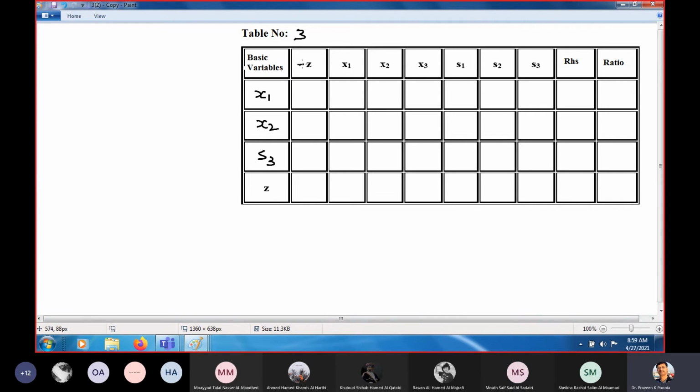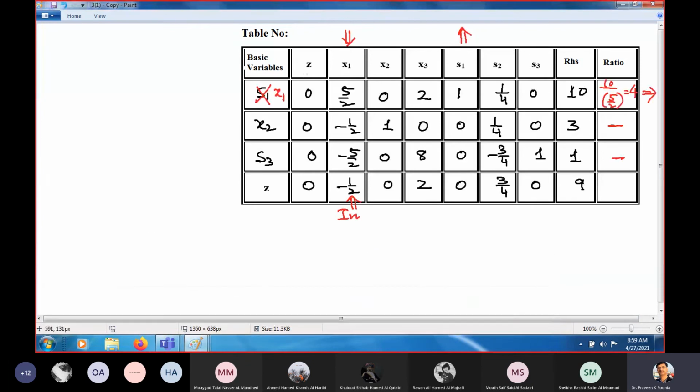And here, please change this into negative. This is very, very important. You need to keep changing these to negative. Z should be minus. If you are not changing, your solution may be treated as wrong. So you need to change it. Okay. Now, what is going out? S1 is going out. So this you need to make 1. This you need to make 0. This you need to make 0. And this you need to make 0.